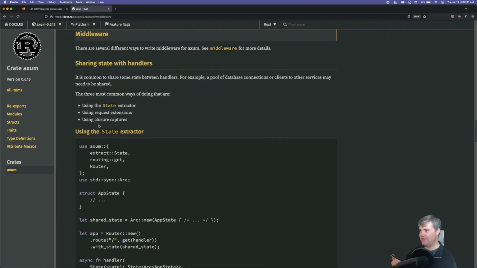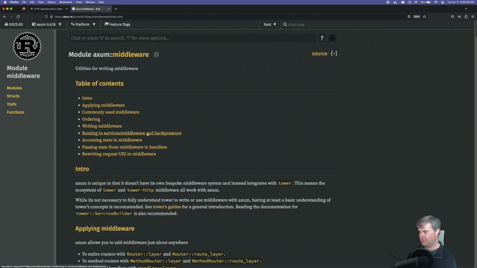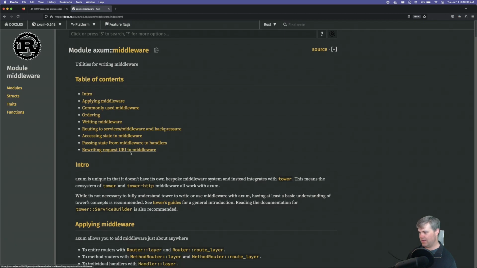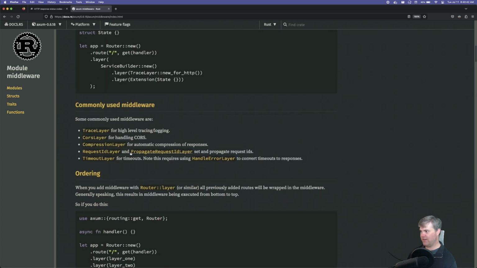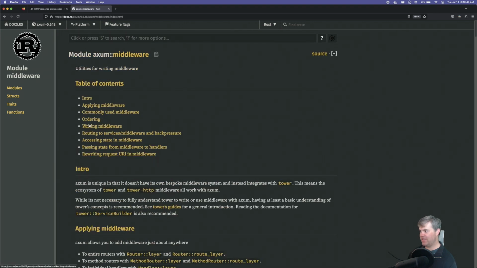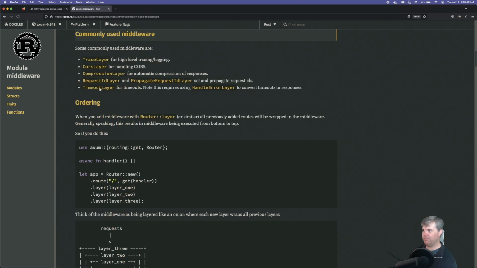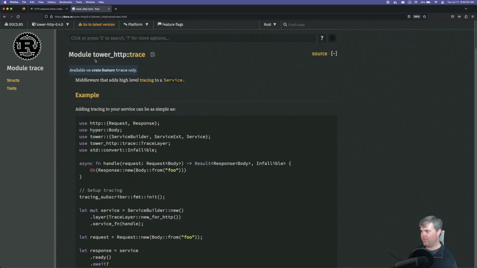So it's 1, 2, and then scroll down, then it's 3, commonly used middleware. 4 to actually go into this, and we see okay, now I can see it's tower HTTP with trace.